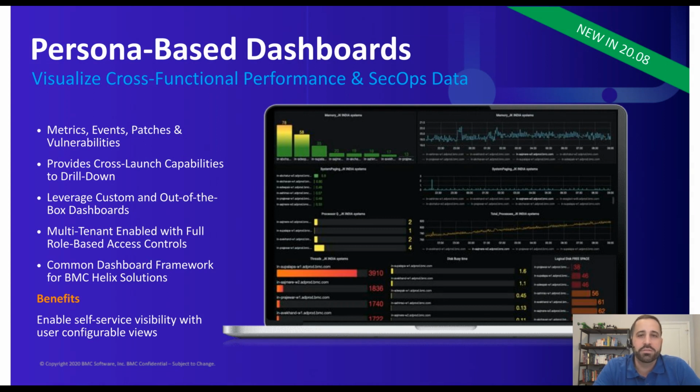The next thing that we're seeing is, as organizations evolve, as there are new roles that get created, where lots of this information